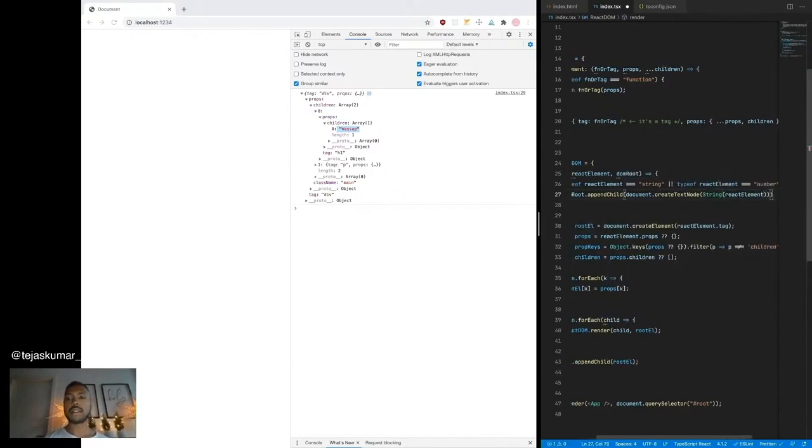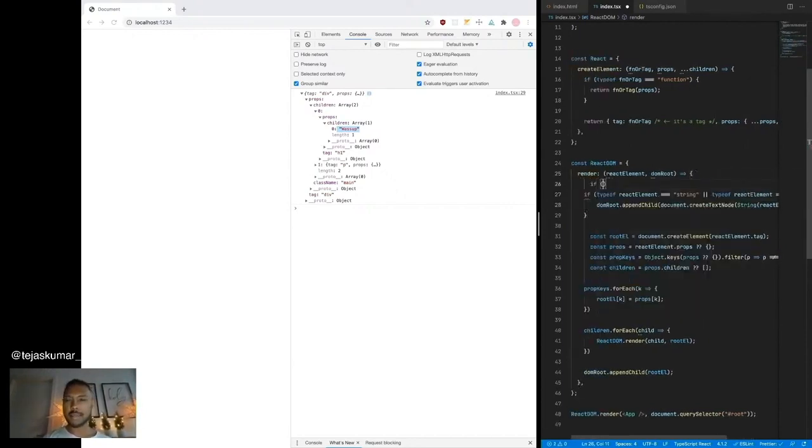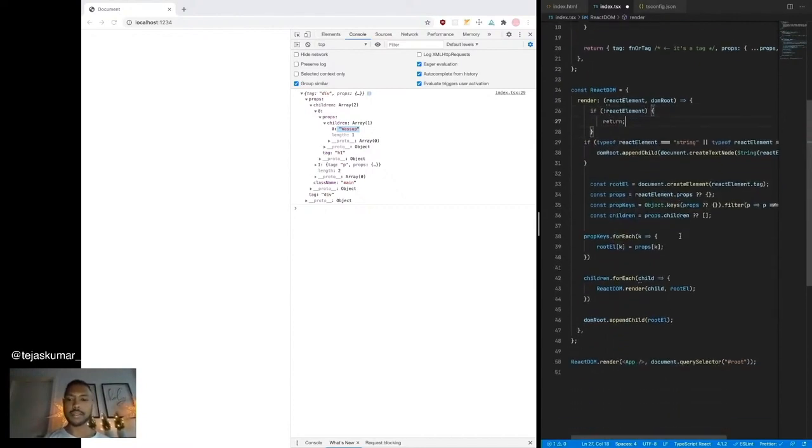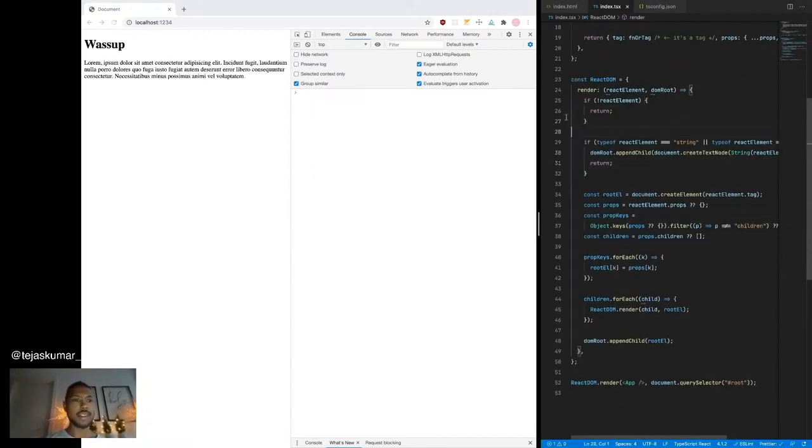React element. Excellent. And then finally, they can be null sometimes. Children can be null. So if it doesn't exist, we'll just not do anything. Good. I think we have everything. Let's finish up early here too. Okay. There we go. We've built a renderer.